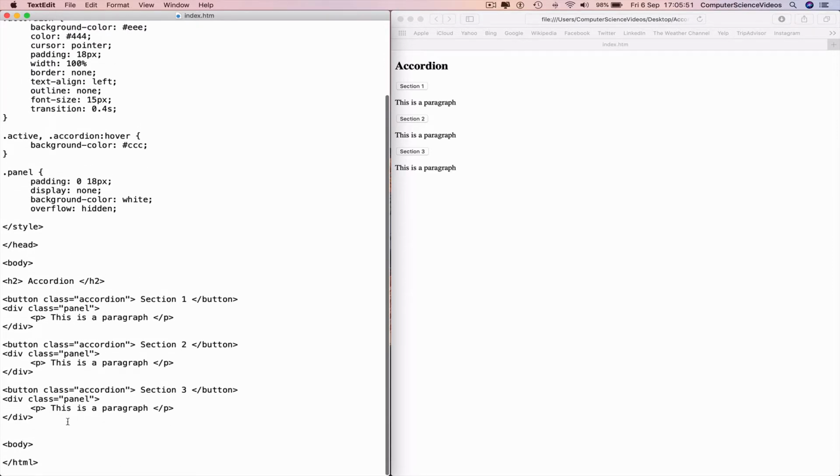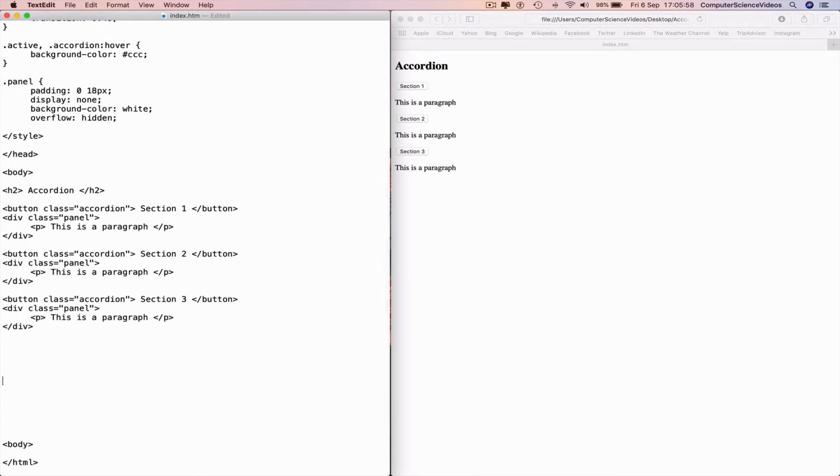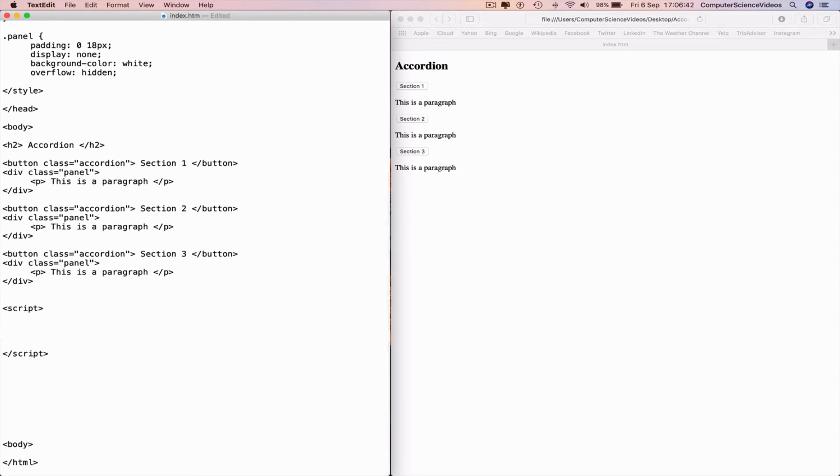Now we can go all the way down to the bottom of the TextEdit file, and after the div tag we can now start inserting the JavaScript that will allow the accordion to take place. Once we click a button, it should then give us the text that we have from the HTML code. Insert a new script tag, and then within this we need the JavaScript. So var